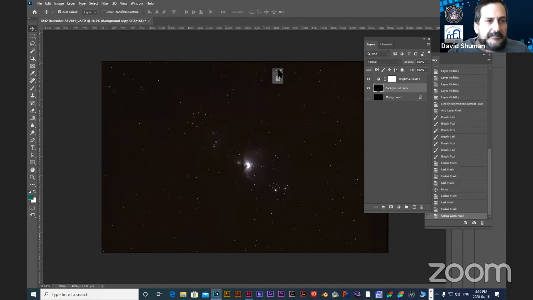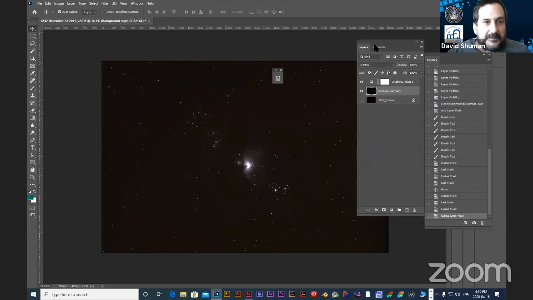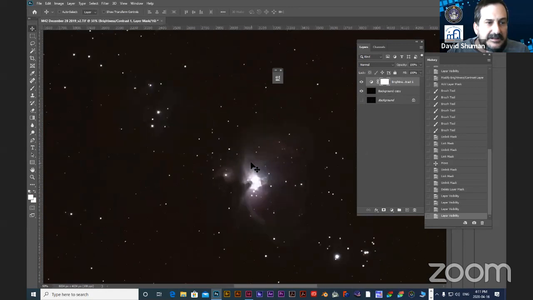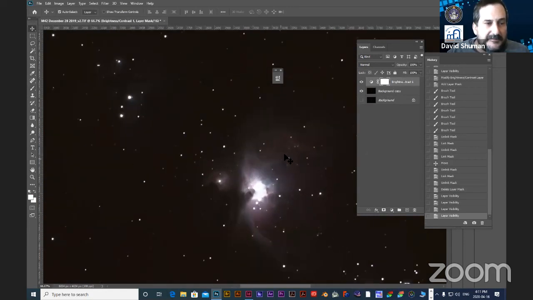So that's the basics of the layers part. Nothing more complicated or simple than that. The eyeball simply shuts it off. This is that adjustment layer. Now, let's say we did the adjustment layer on top of the image to make it a little brighter and less contrast, so more subtle details show. But I still find this is too bright in here. That mask, for example, when I'm on the mode of the mask,